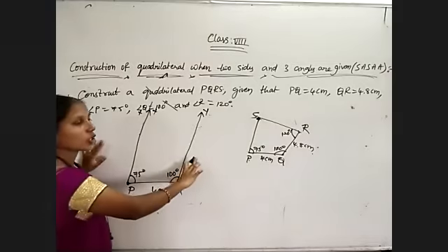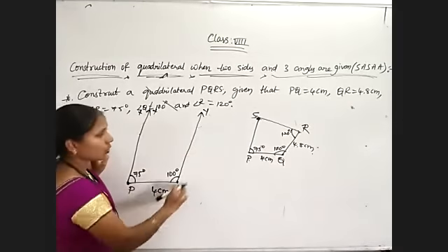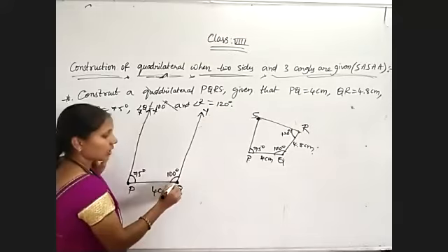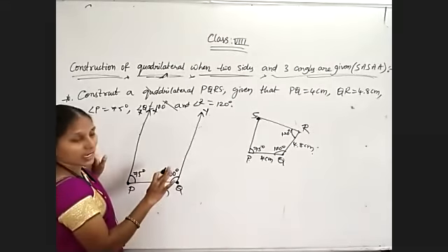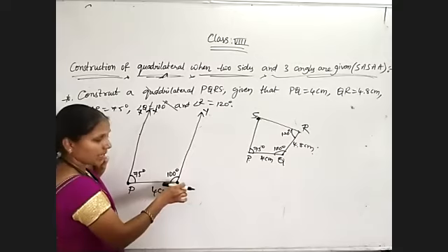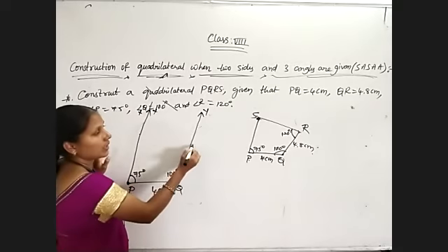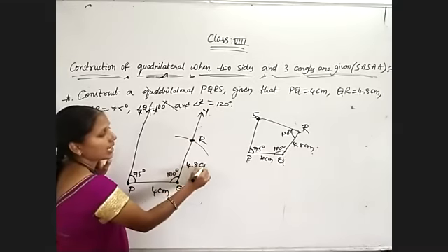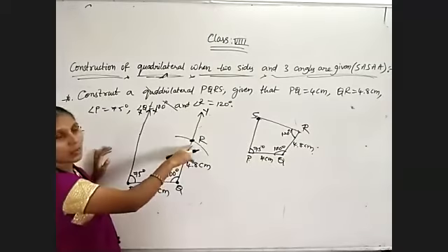Now on this side I don't have the measurement. So QR measurement is given. PQ, the next letter is R. QR is given in the question only. So take the QR line segment as radius. Set your compass at Q. Draw an arc with 4.58 centimeters. So locate that point as R. Now we got the third point.